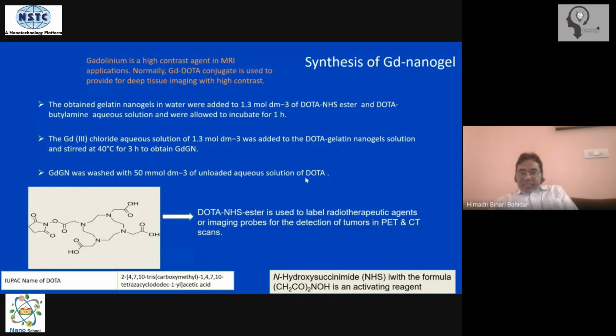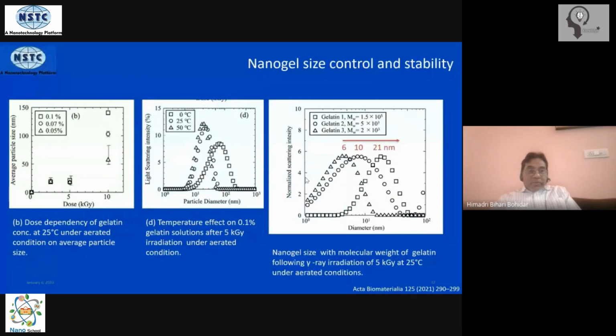This synthesis process looks long, there are many steps in it, but it's a very simple process because you see there are no extreme reaction conditions anywhere. We're still dealing with 40 to 50 degrees Celsius, and most of the chemicals that we are using here are non-toxic chemicals. Okay, now once the gel has been formed, this is the analysis of the size or the control